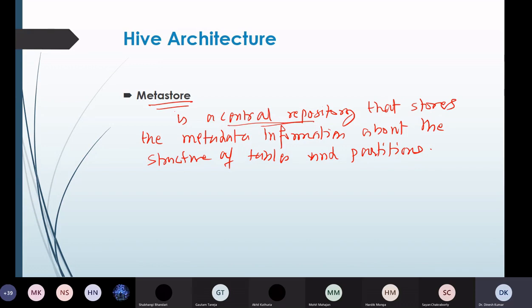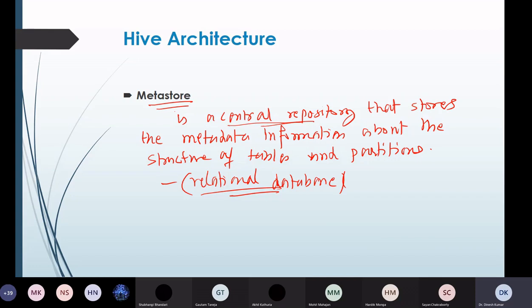It also stores the information of serialization and deserialization, which is required for read-write operations, right? And the HDFS files where data is stored. So it is just like a relational database. It is analogous to a relational database, where all the data related to the particular operation will be stored, so that various operations like running various queries can be performed on that particular data.